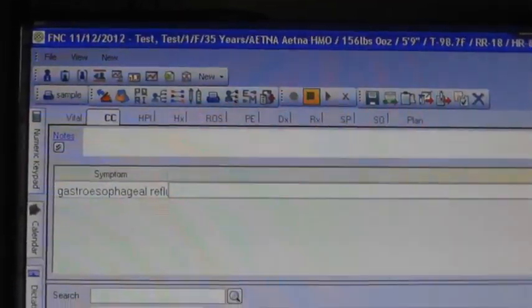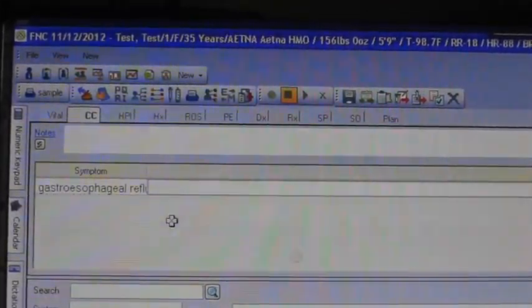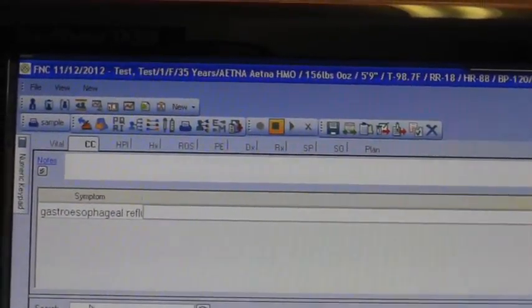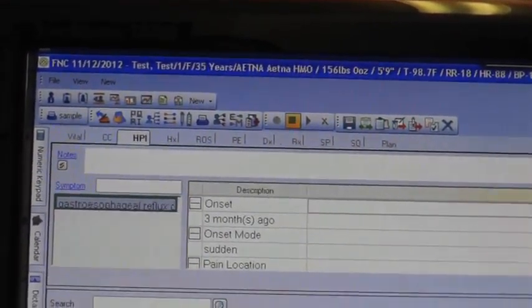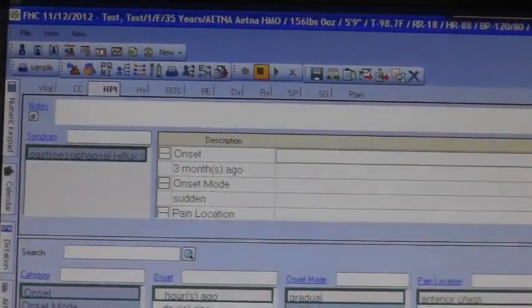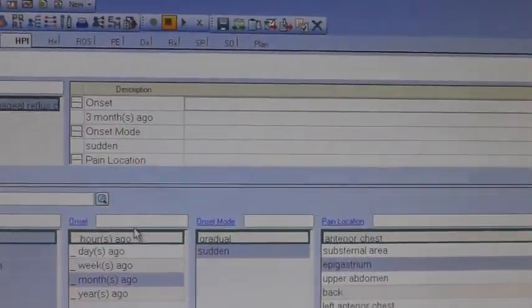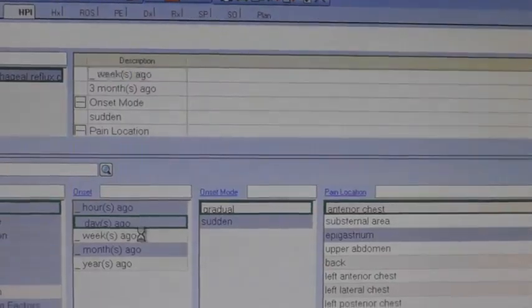Use this patient. This is a test patient, which is great. So we have GERD. Let's say if we wanted to use GERD. You're going to go into your HPI, and now you're going to click on all that may apply. Like, let's start off with onset. So if you wanted to use all these